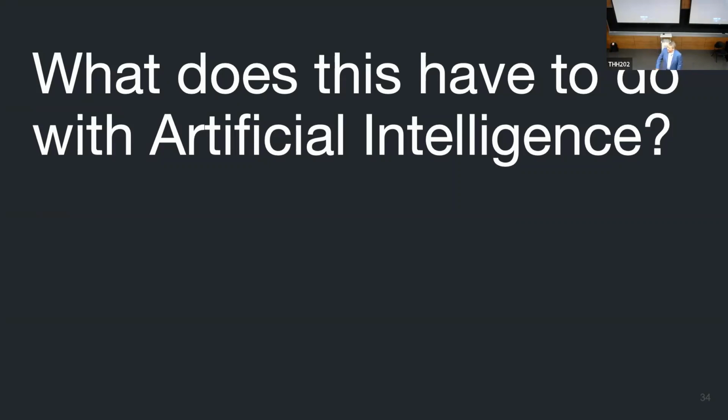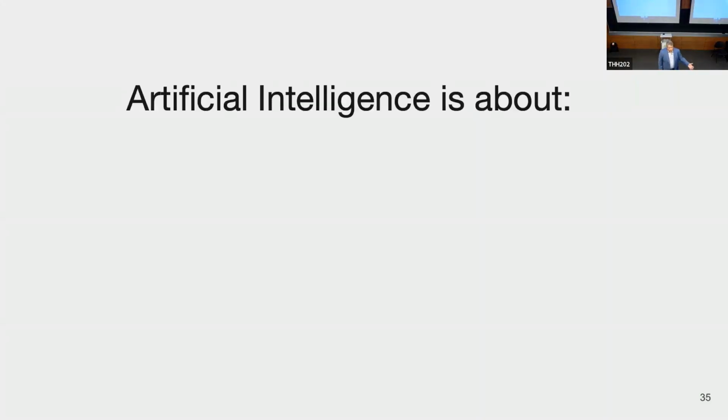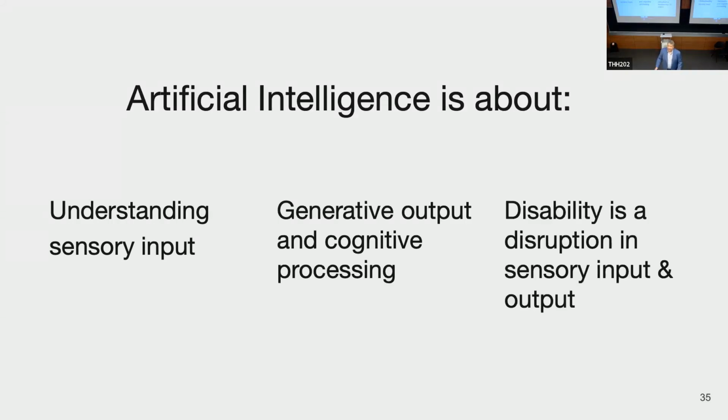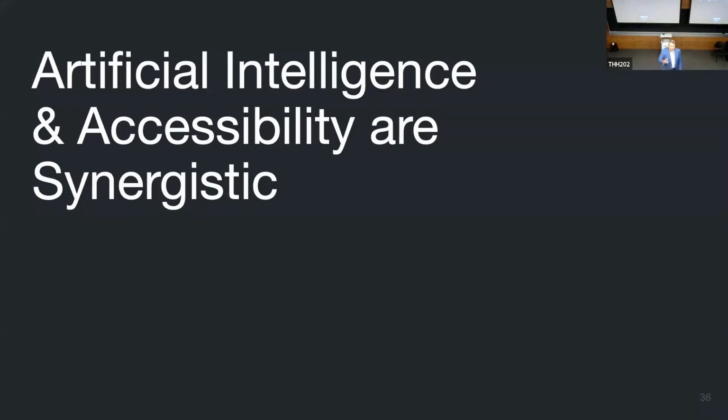Okay, next slide. So what is artificial intelligence really? It's about understanding sensory input, generating output and cognitive processing. And when you think about it, disability is actually a disruption in the sensory input as well as output. Next slide. And they're very synergistic because all of these things that I'm talking about are making you rethink